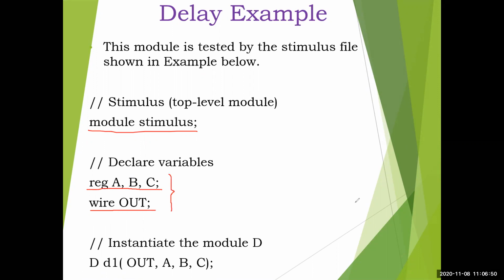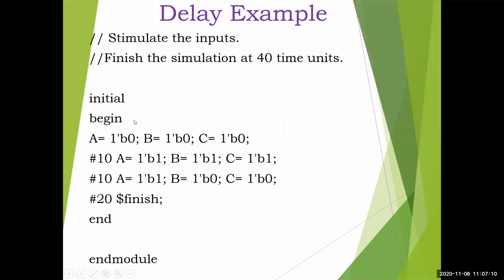Then we call the new module now, which we have done. The module name is D with its instance name, and then according to these names we have passed the outputs and inputs. Okay, so you have called the design. So now the next step is you have to give the monitor and you have to give the input values to A, B, C. You have to change the values. So initial begin.